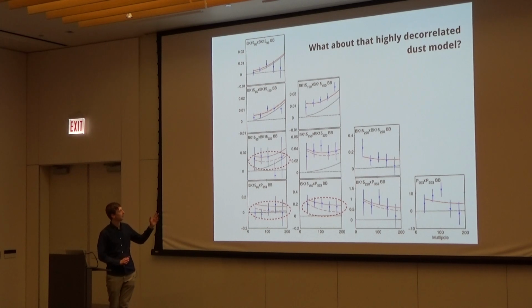Okay, so now I want to get back to an earlier figure where I'd shown these selected B-mode results, and we included this dashed red line that was labeled as a highly decorrelated dust model. This is a problem that started occupying us a lot in this most recent analysis. We measure a dust signal, and yet in our analysis we're assuming that we can find these foreground signals by finding some contribution to the map whose amplitude is scaling in frequency according to some